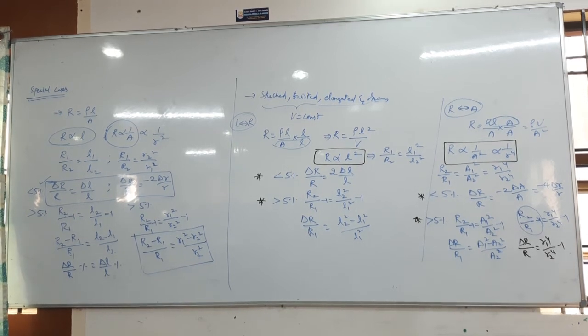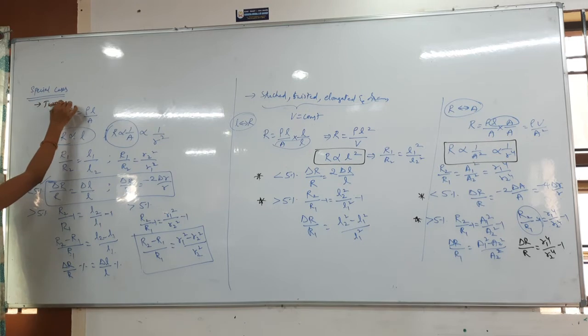When you have to use these formulas, 2 wires are given. When 2 wires are given, that is about the single wire. Clear? Mention that also, otherwise you will get confused why we have to use this formula and all. If 2 wires are given,